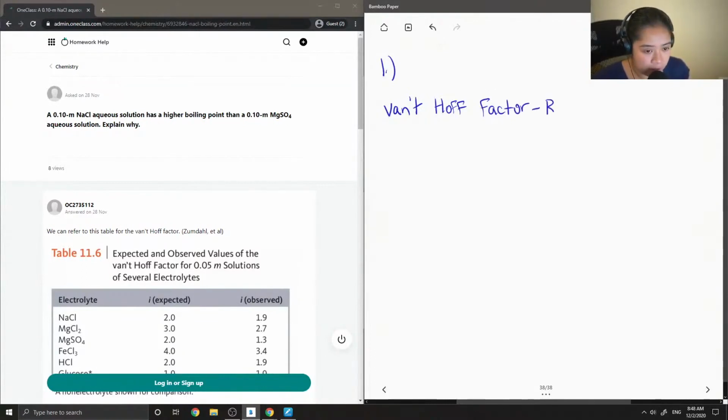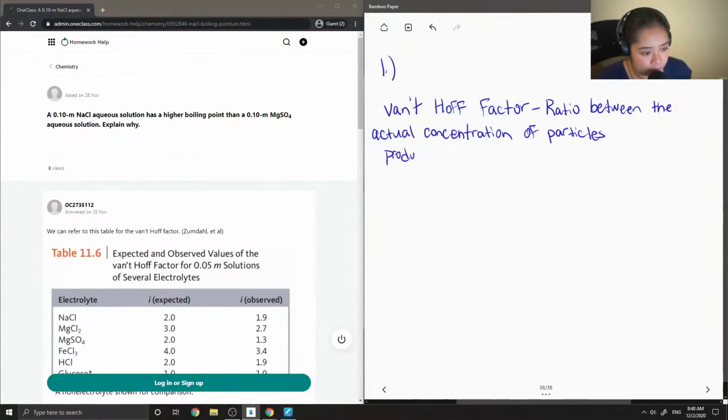So the Van't Hoff factor is the ratio between the actual concentration of particles that are produced when the substance is dissolved